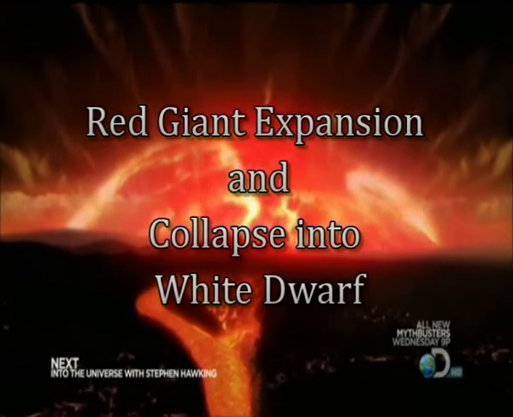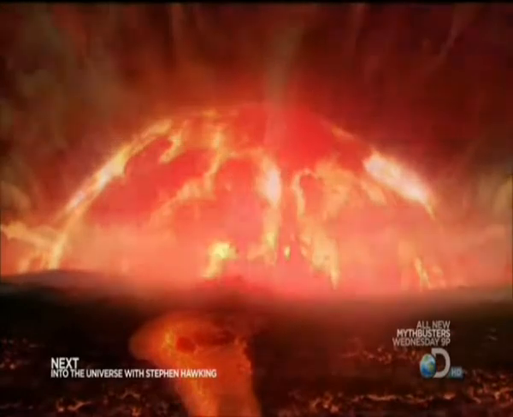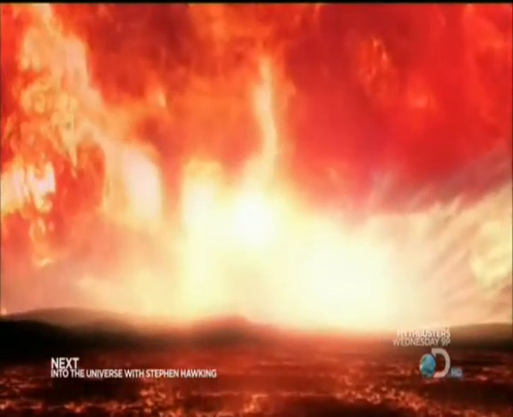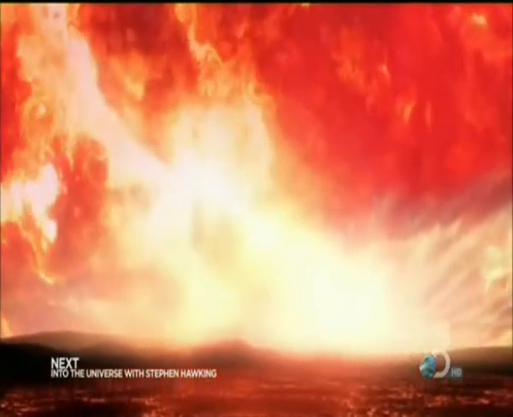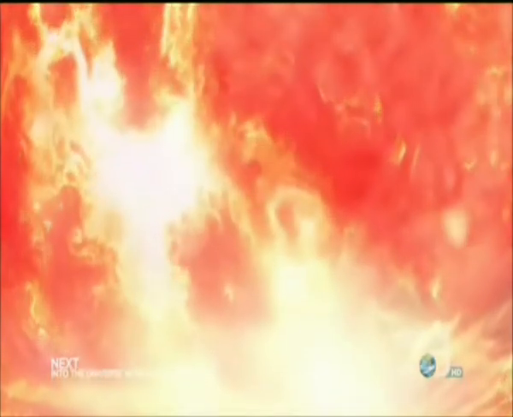A star whose original mass is between 1/2 and 5 solar masses will, when the fusible hydrogen in its core is consumed, expand to become a red giant, then collapse in on itself under gravity to become a white dwarf. This will be the fate of our Sun in about 5 billion years.